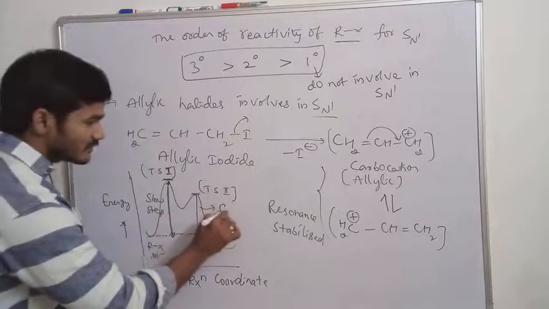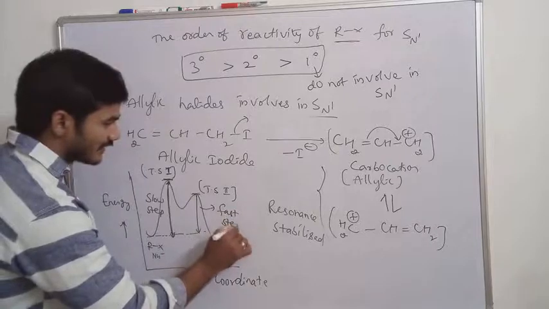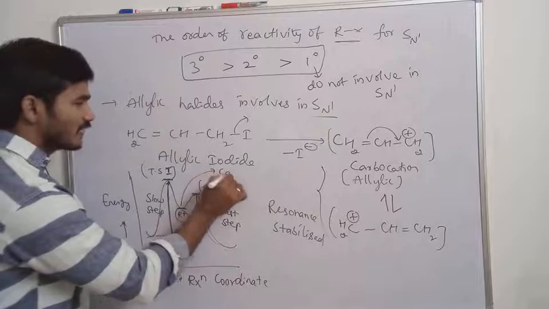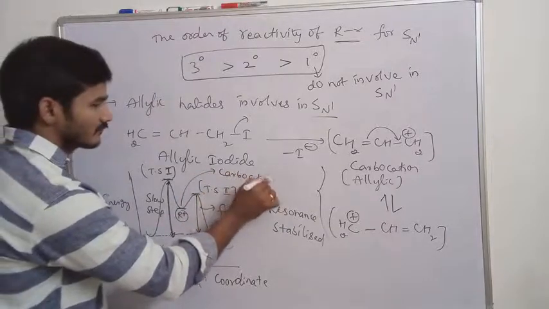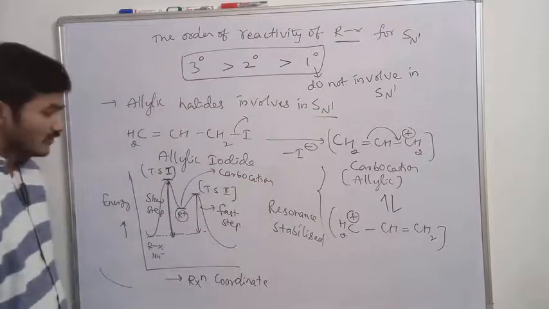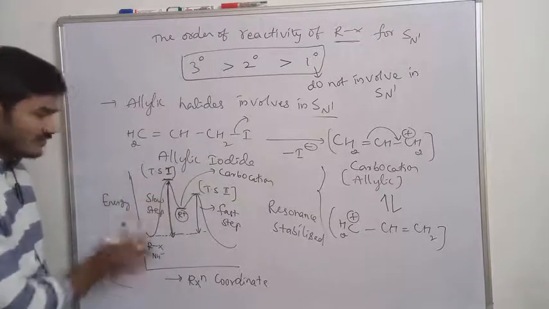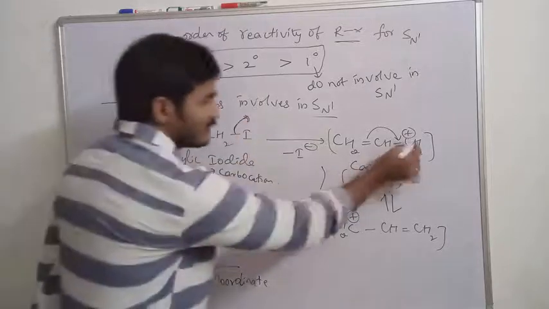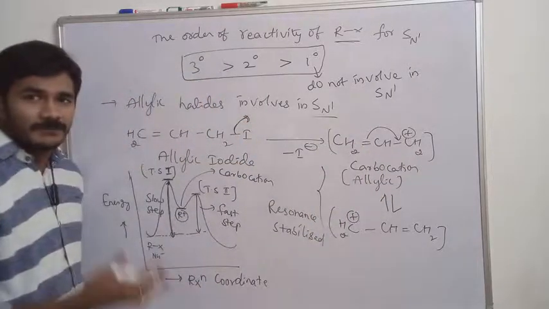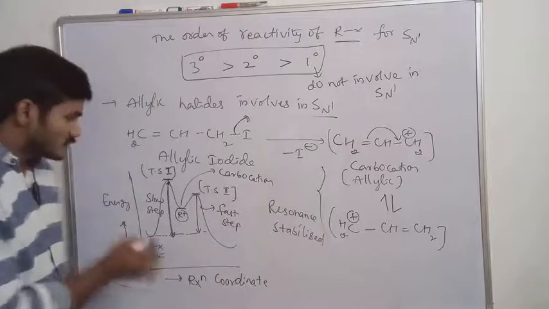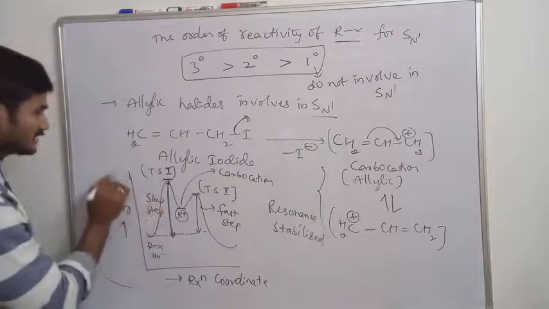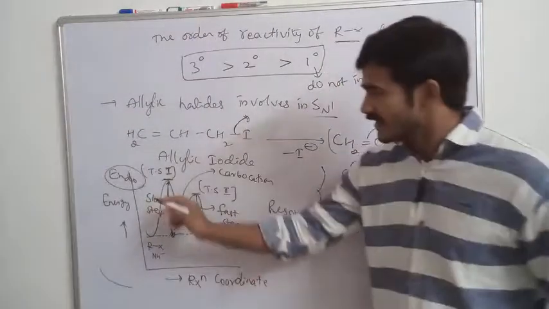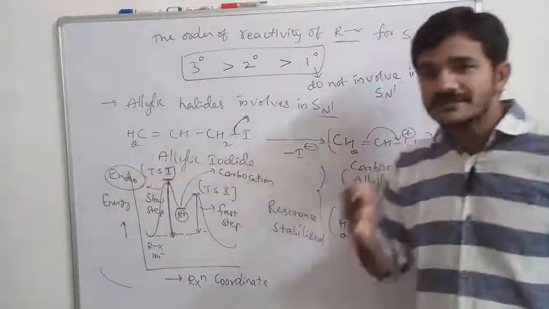This is a fast step. The fast step is what? Nucleophilic attack. And this is carbocation formation. So always remember that the first step, which is the slow step, is ionization taking place. Ionization means bond breaking takes place, and it forms a carbocation. To break the bond, it requires energy. That's why the first slow step can be taken as endothermic, because in the first step the bond is breaking.